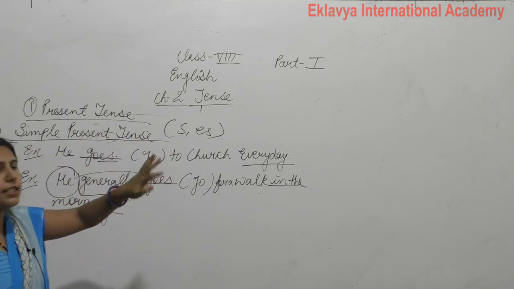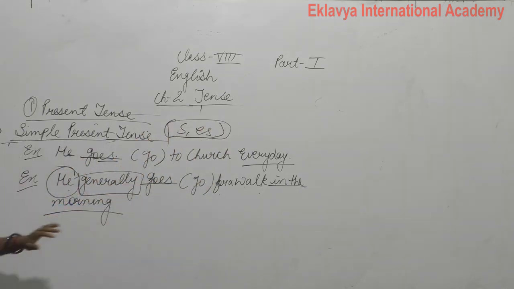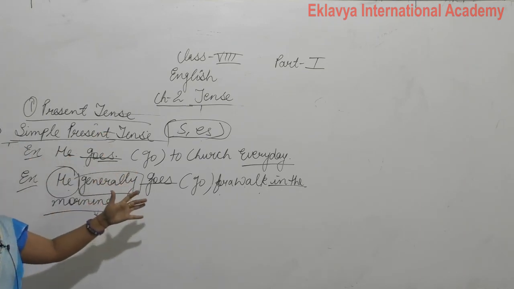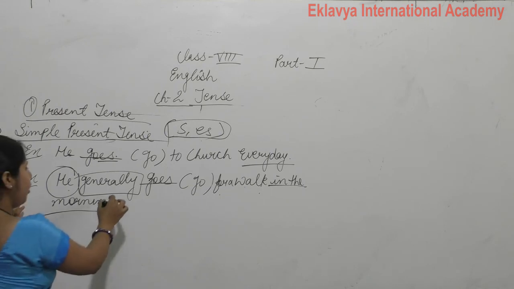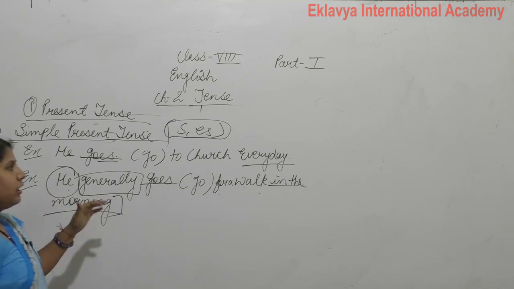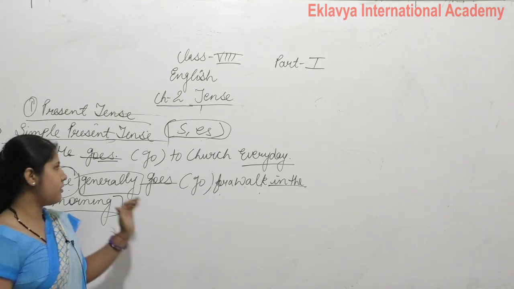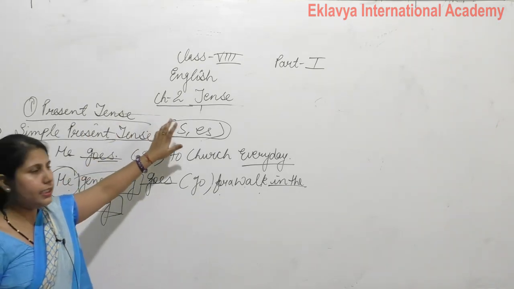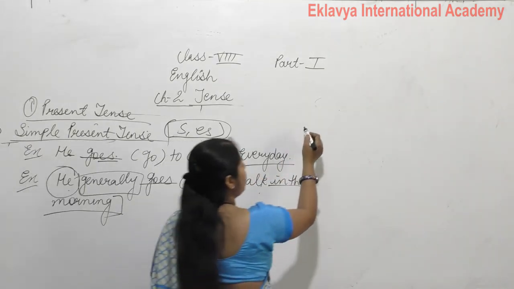If these indicators come in a sentence, then we use s or es. Is that clear? I think everyone understands simple present tense: all three formations, the indicators, and the meaning of the simple present tense. I think everyone understands how we use these indicators. Now in the next class we will discuss the next part of the present tense. Today our class is over here, and for your diary work, note down: